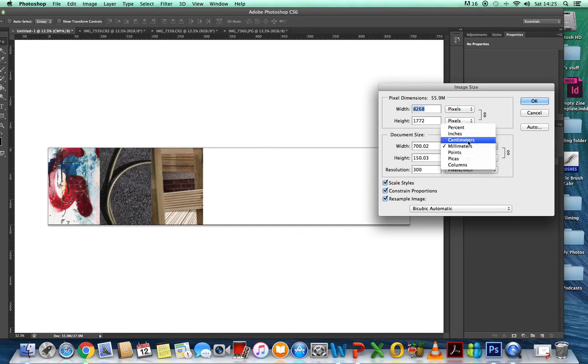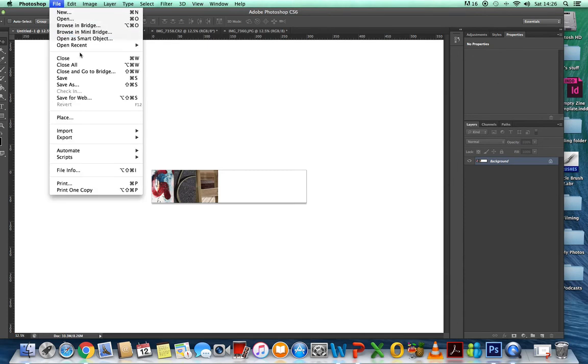Back to centimeters. Now you don't really want it to be, because 70 centimeters is quite a big measurement to get onto your sway. So all I would do is I would probably bring it down and make it maybe 30. Now you can see I've changed that to 30, and because these are locked, so you can unlock and you can lock them, but because this one has a lock on it, it will automatically make the height the right ratio. But you must have the 300 pixels per inch. Okay, so once we OK that,